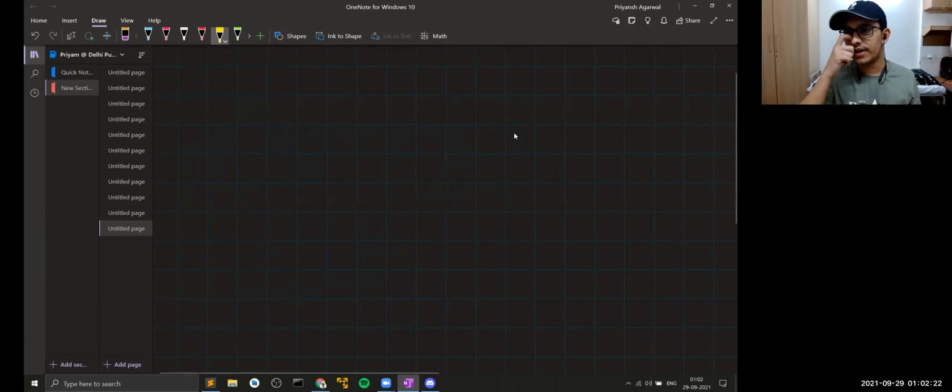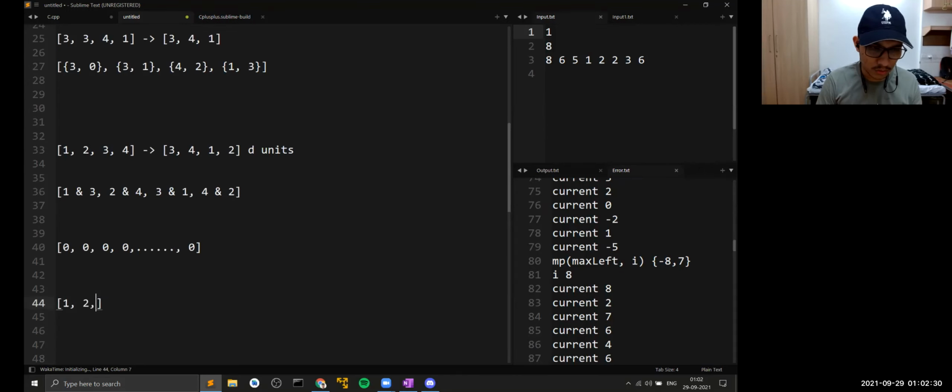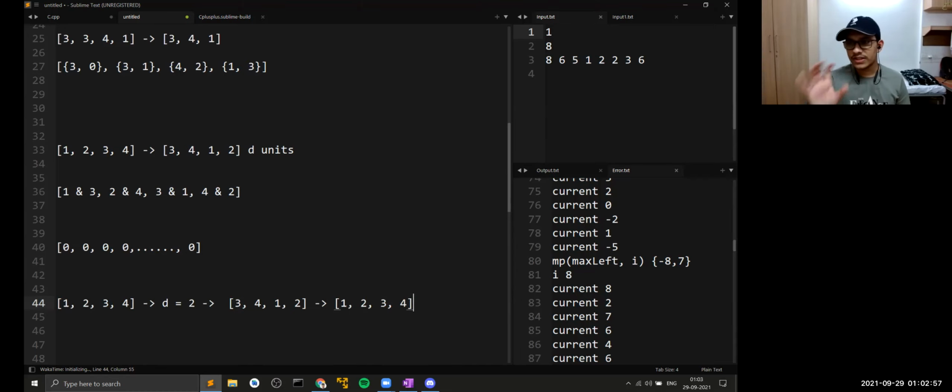When would there be a situation when after even jumping, you come back to your own place? For example, I give you an array like this: 1, 2, 3, 4. Now I want that this whole array should become the same after certain operations. After performing, let's say d equals 2, this would become something like 3, 4, 1, 2. Again, if you do this again, you would have 1, 2, 3, 4. So can you see that this whole array has become the same after doing 2 operations? The array which was initially given has become the same.